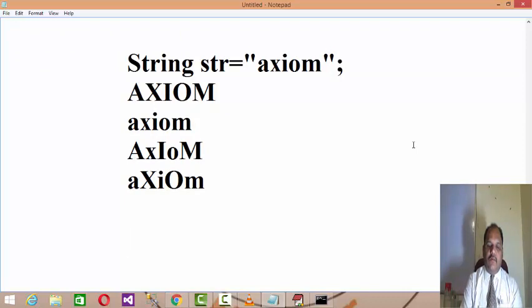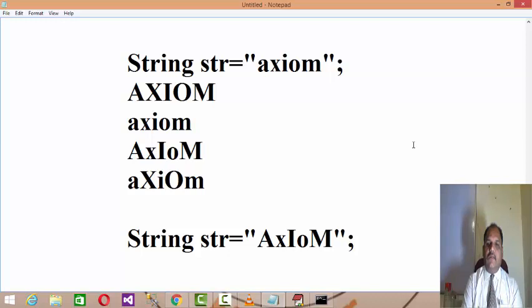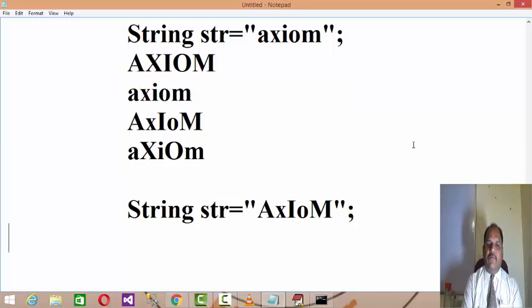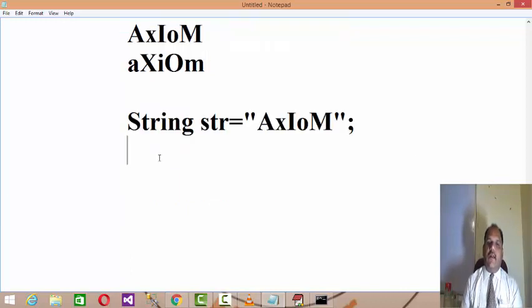Let's say, first of all, let us understand you have a string str equals AXIOM. This is the string available. So what you can do, first of all, you extract the characters, because as you know, lower characters and upper characters have different ASCII codes.